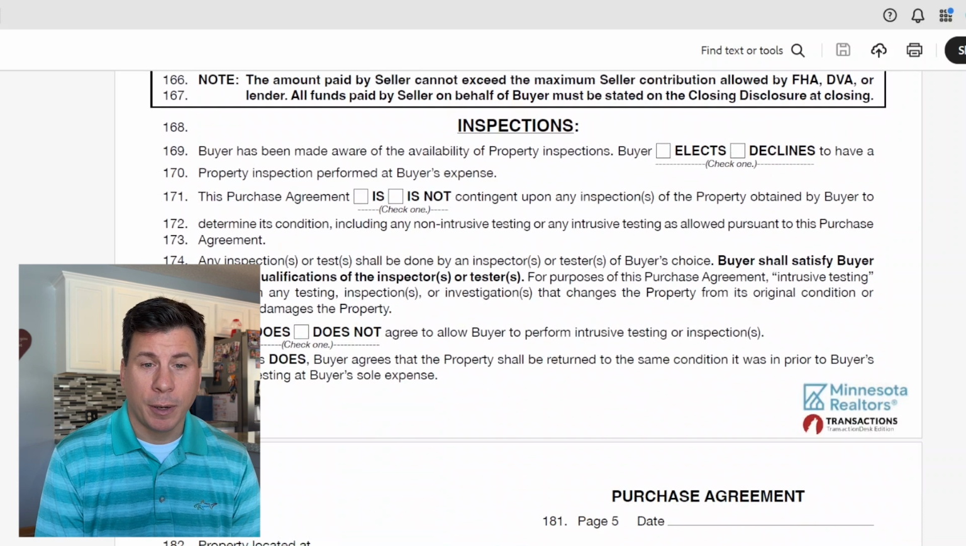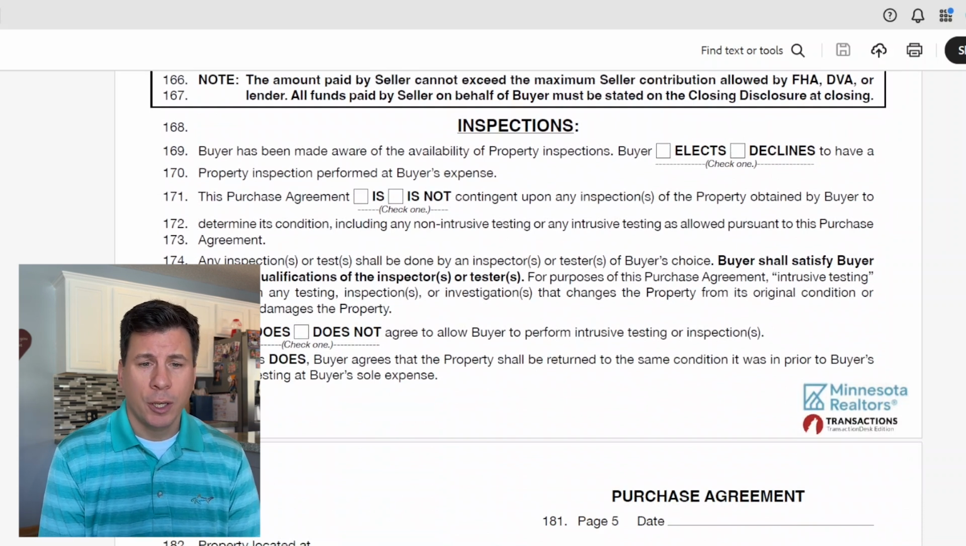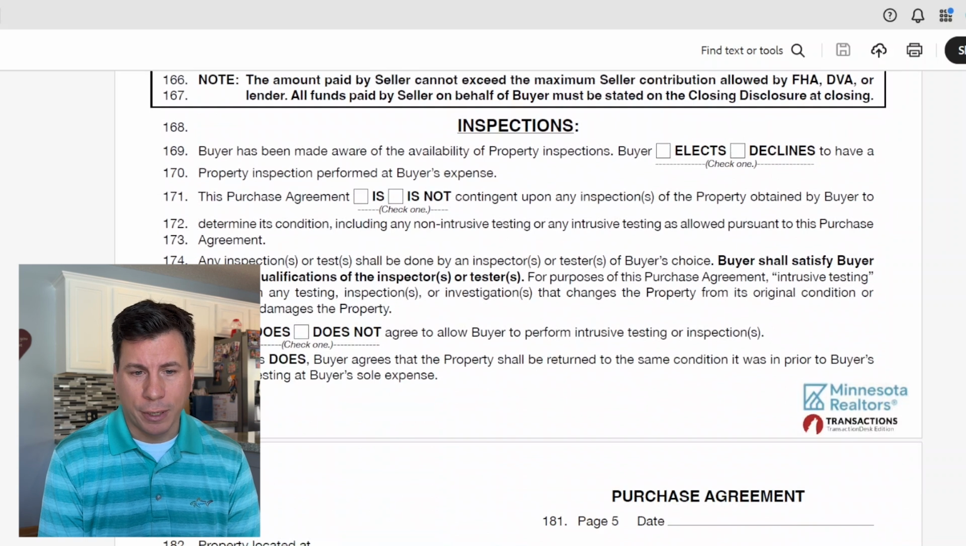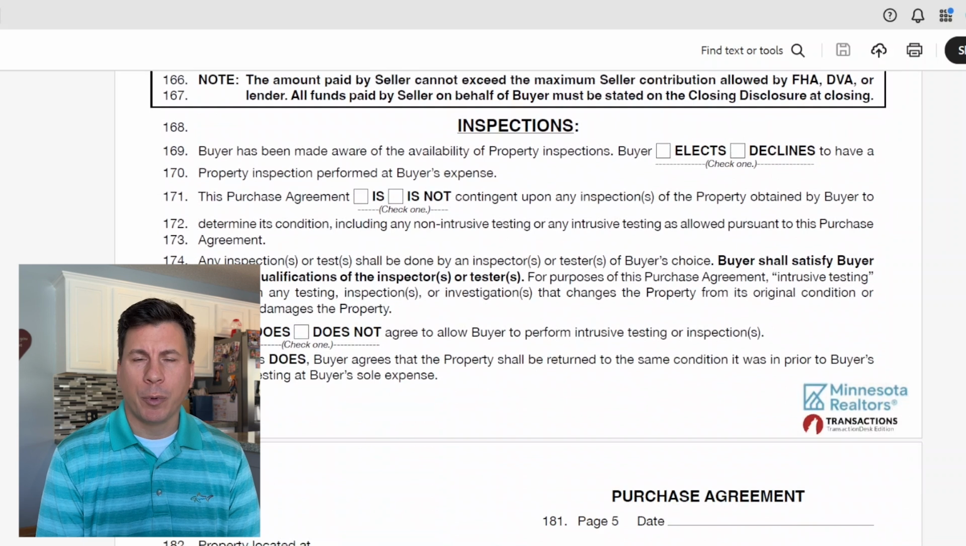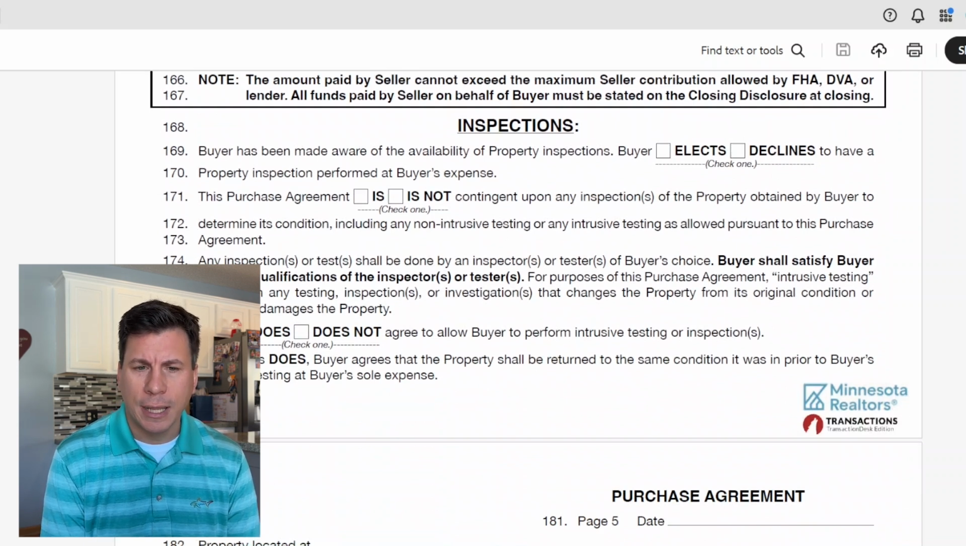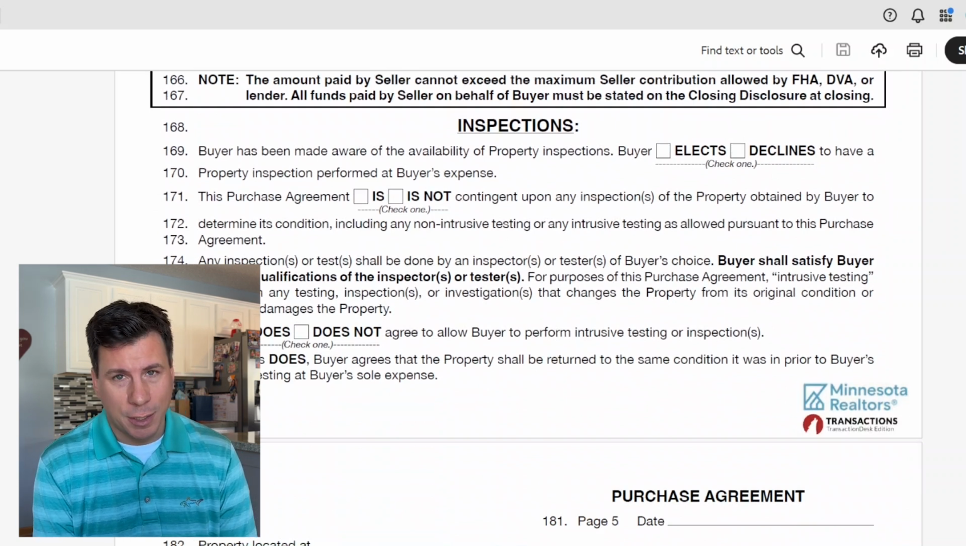It starts talking about the inspections. We can elect to have an inspection or we can decline an inspection. We can make it contingent on that inspection or not. Usually we're not doing intrusive testing, and it talks about that here. Intrusive would be maybe removing sheetrock to look at the insulation or something. Usually we're not doing that. But the purchase agreement allows, if we elect to inspect and we make it contingent on the inspection,